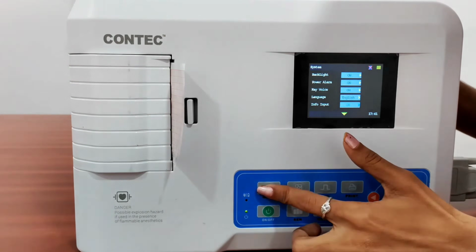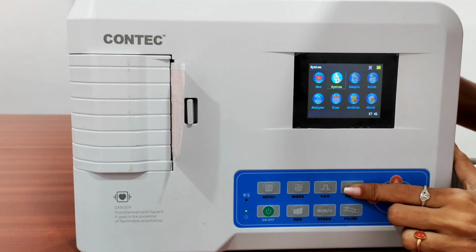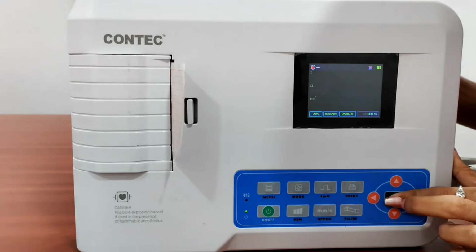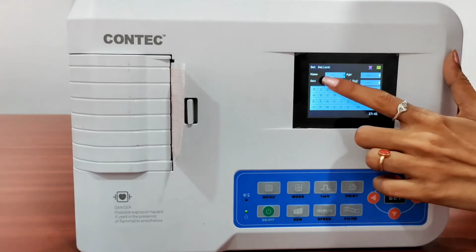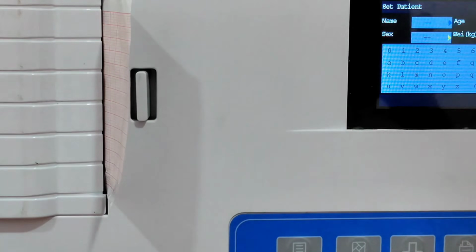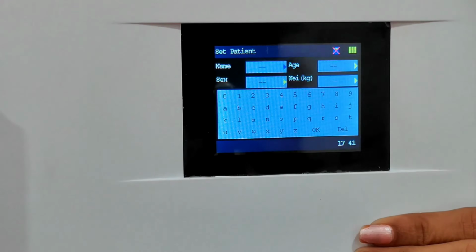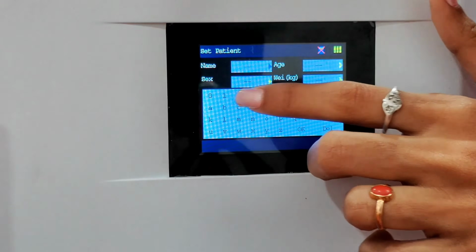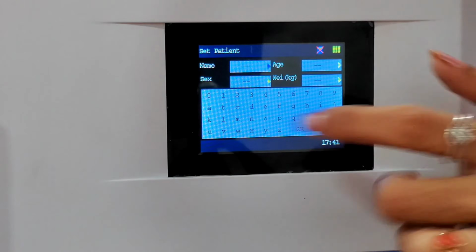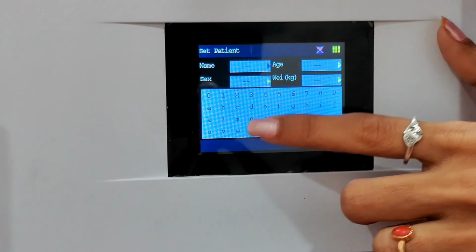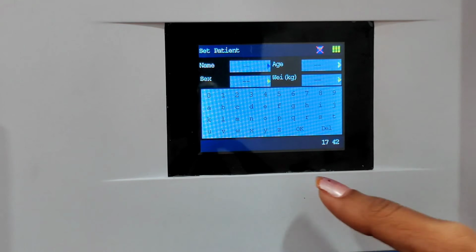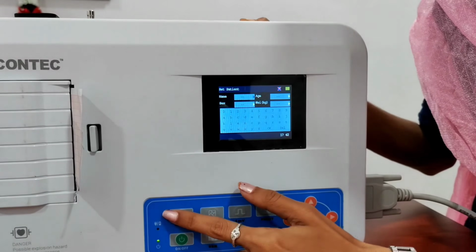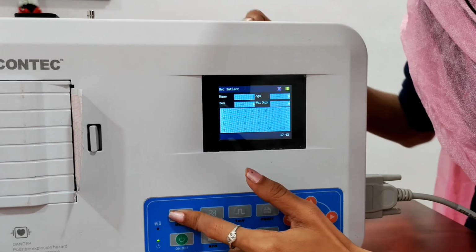Now again I am going to the menu and giving the New option and print. After clicking this, I can enter the name of the patient by choosing the alphabets present here. I can even enter patient names with numbers for my indications. Down below you can see sex, so I can enter whether the patient is male or female. Here are age and weight in kgs. I can enter everything here. Then I can press my menu button again.